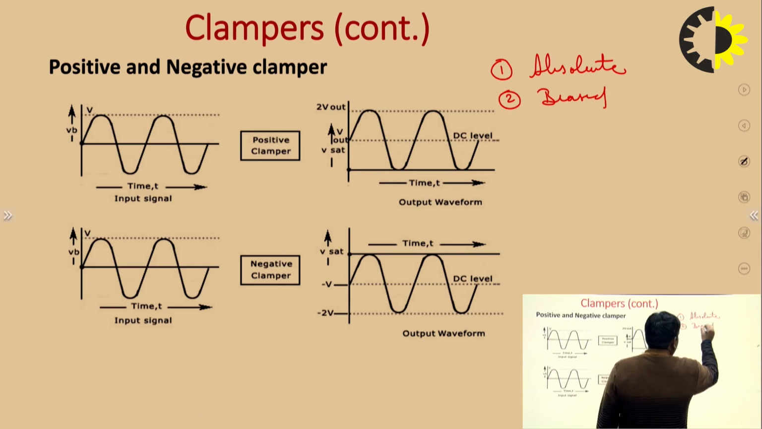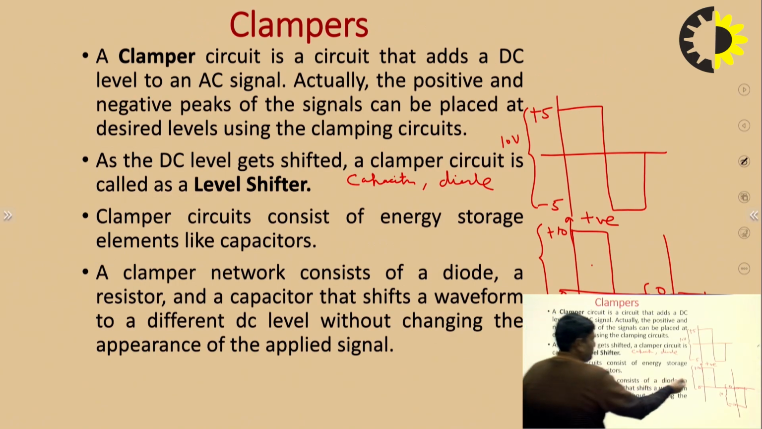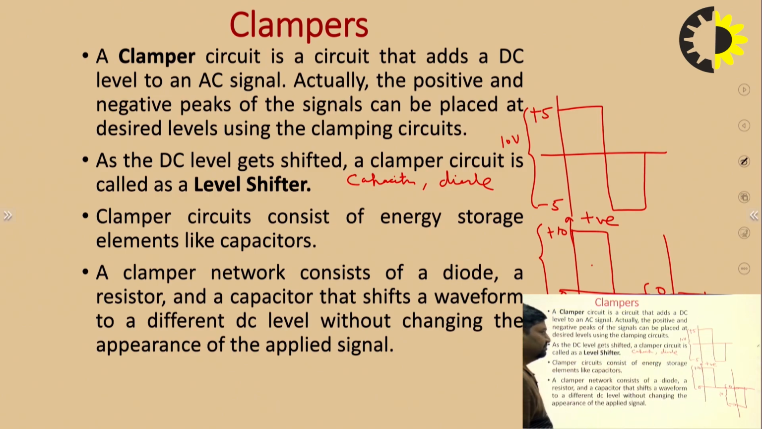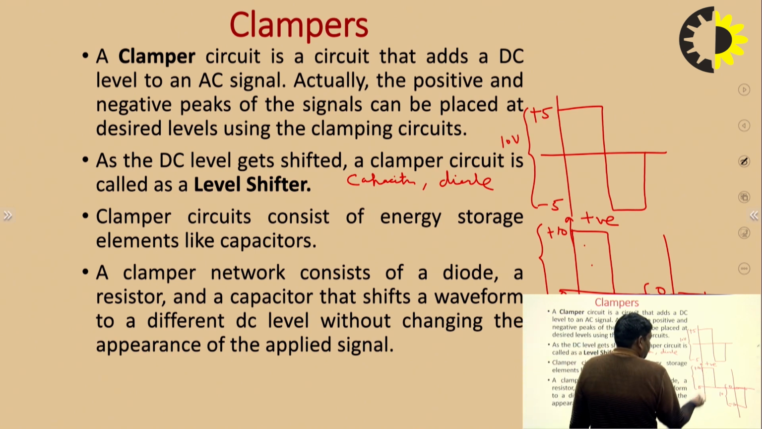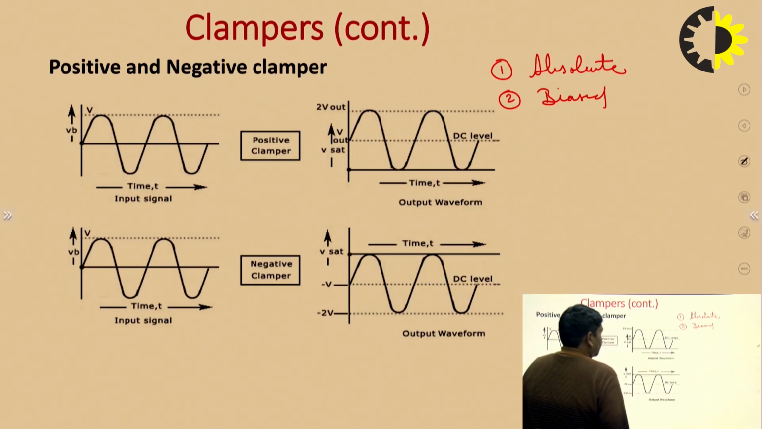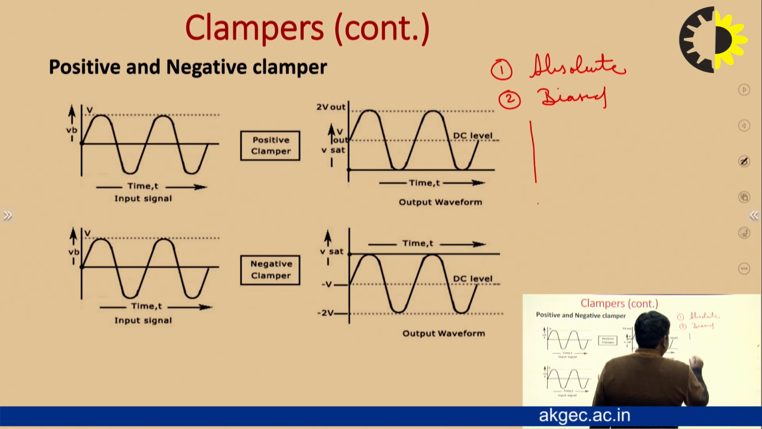The absolute clamper circuit is just like a clamp up, it fixes the voltage from 0 to 10 volts. So this is the absolute clamping circuit, and this is a positive absolute clamper circuit. If we take the DC level down to a certain level, 0 to minus 10 volt, this is the absolute negative clamper circuit. But in the case of the biased positive clamper and negative clamper, this is a voltage,